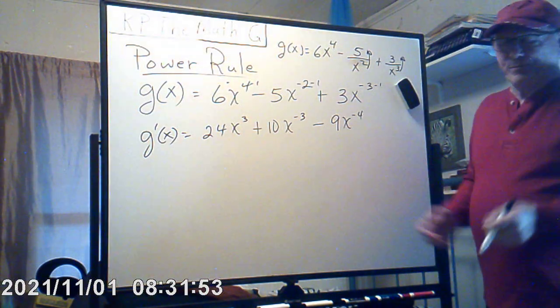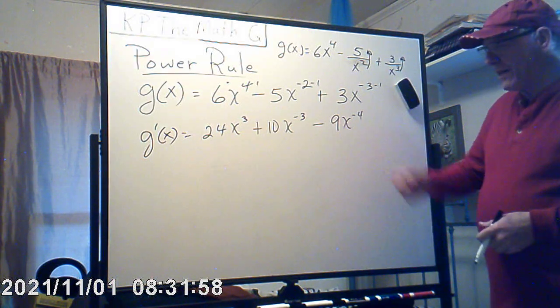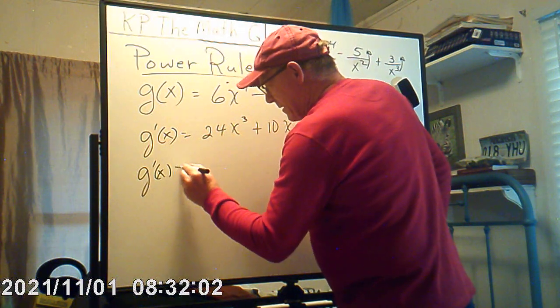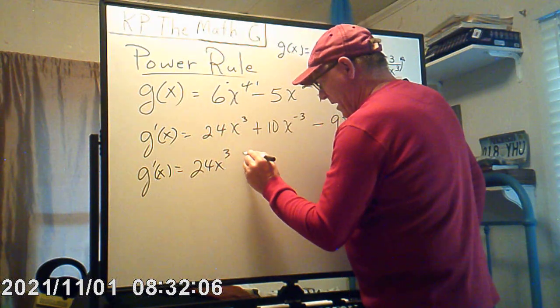There you go. Now if you want to write this where you have positive exponents, now you can say g prime at x is equal to 24x cubed. Now plus